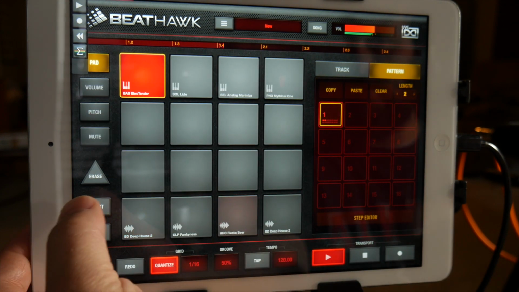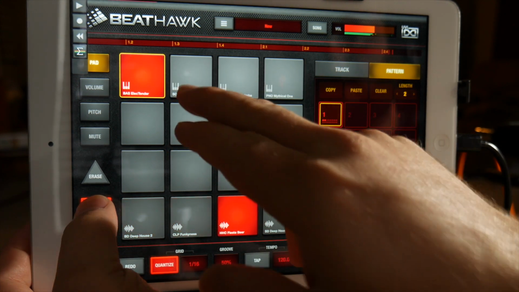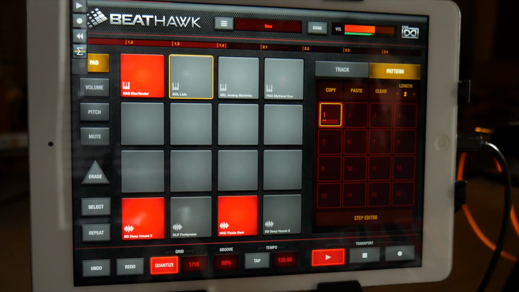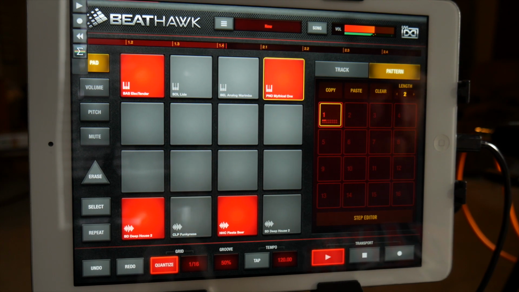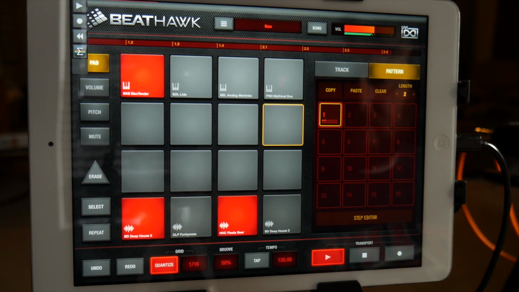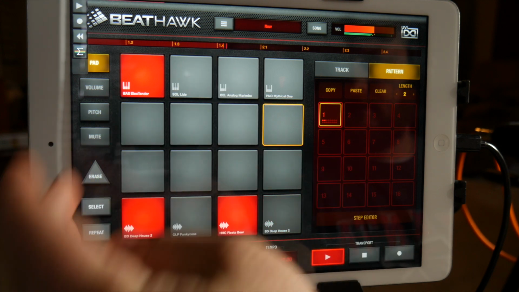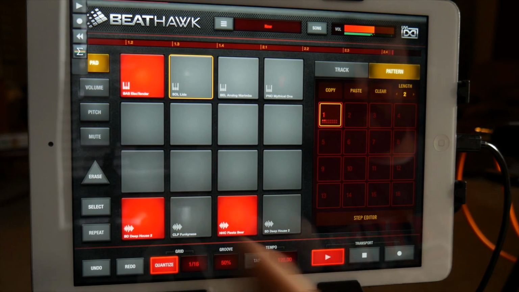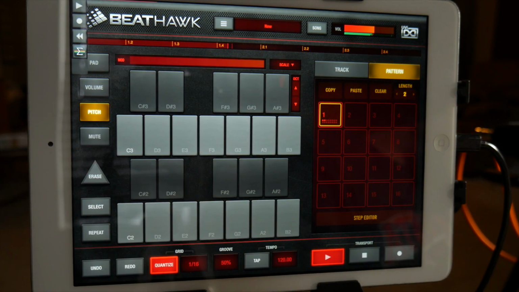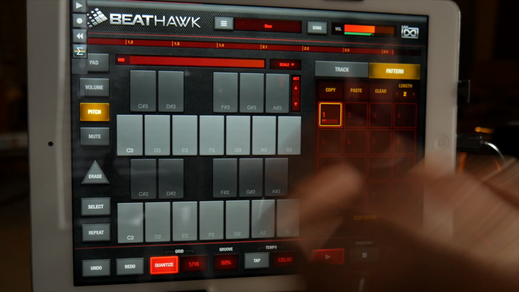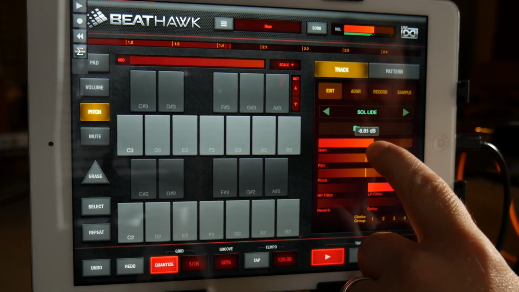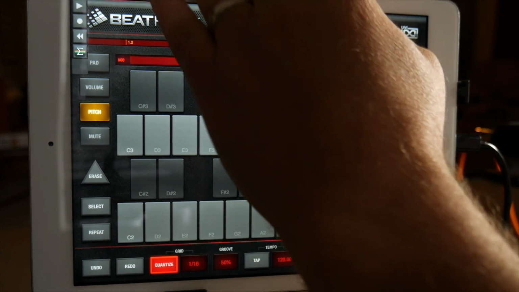Okay, and then I can easily go to the next little lead. Oops. Yeah, one thing to remember is if you click on the thing, make sure you go to pitch. Ooh, that's loud. So I can go to track. If it's too loud, you can adjust the